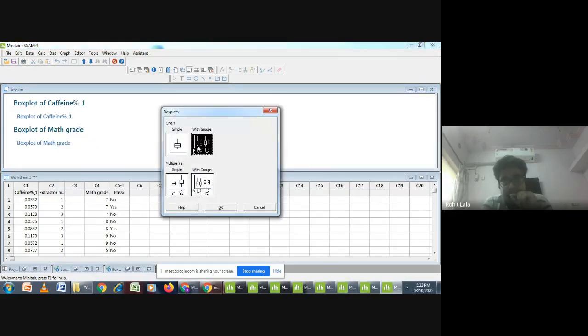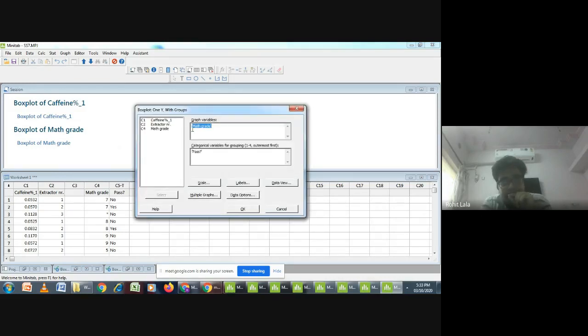Within groups. Remember, don't go for multiple y, it is not like that. You just need to go for one y within groups. You just click on it and enter both the variables. Here, your categorical variable is extractor number and the graph variable is caffeine percentage.